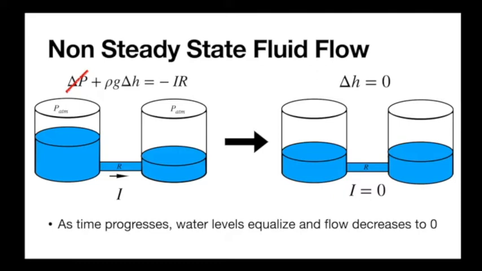There will be flow until they reach the same height, but we can argue that using Bernoulli's equation: the current goes to 0 when the heights are equal, or when the heights are equal, the current will be 0, either one. So we have two different snapshots that Bernoulli's equation describes well,